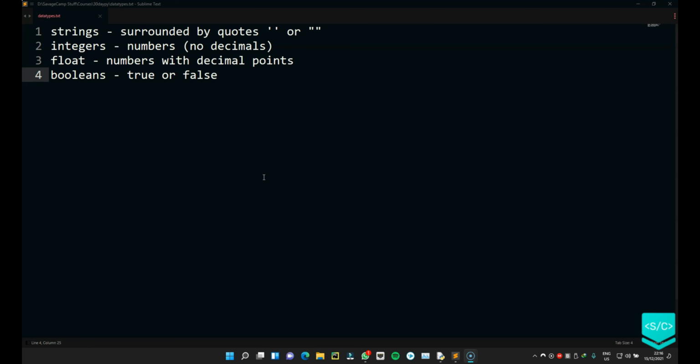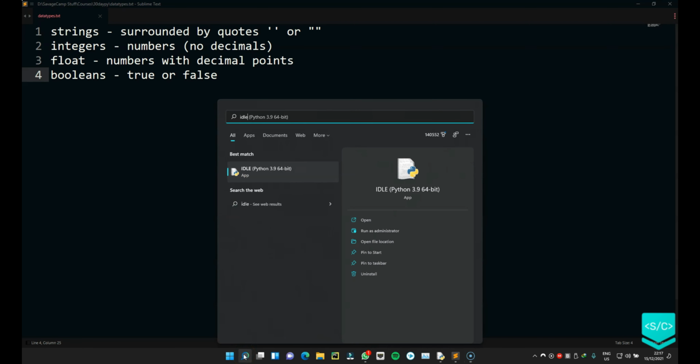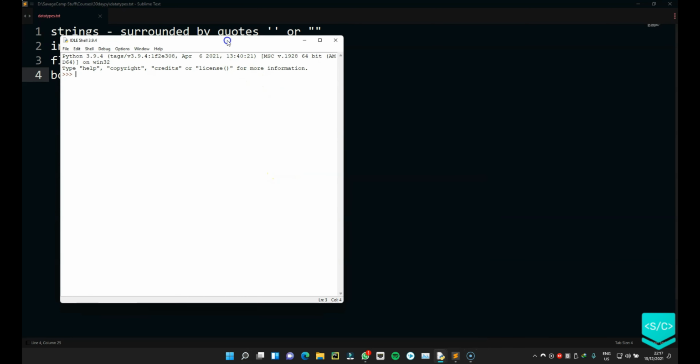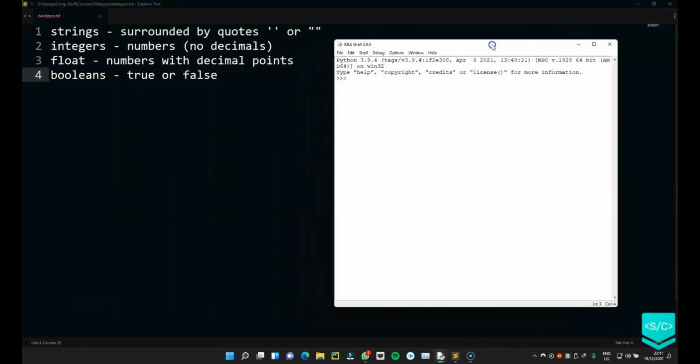So let's discuss variables. If you install Python, there is an IDLE that is installed with it, and you can search for IDLE. What this does is anything that you write, it will execute right away. That is great when you are learning something, but it is not great when you are writing a program that takes 5 to 10 lines, because every line will keep getting executed and you won't be able to do what you want to do.